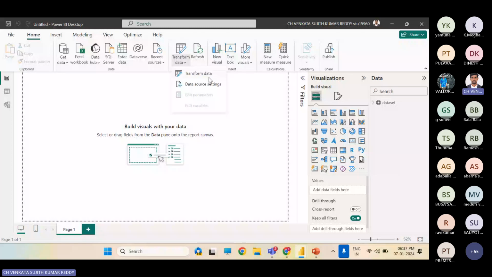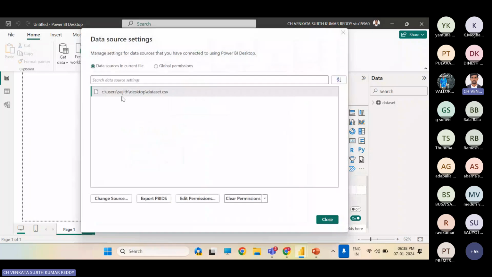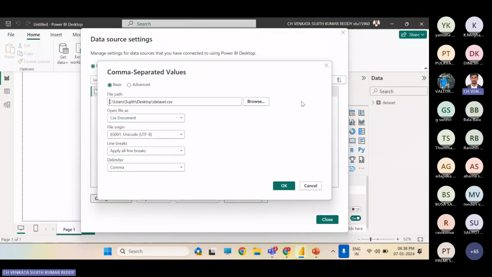For example, now I have downloaded this data from Google. So it is offline data. Now I have the same kind of columns, same format, everything is the same, in the database, so I can change the source here. So if I just click here and go to change source, it will show this one.